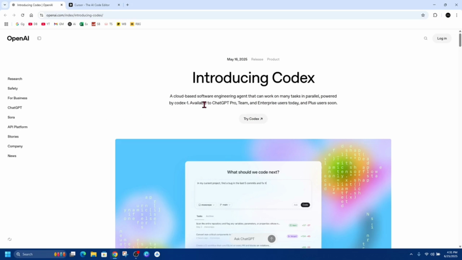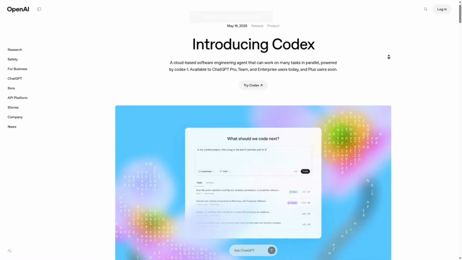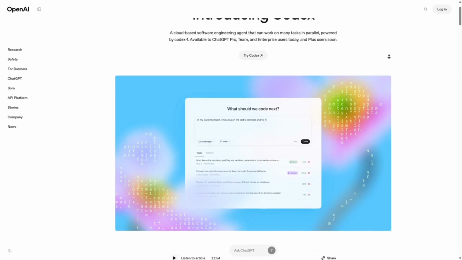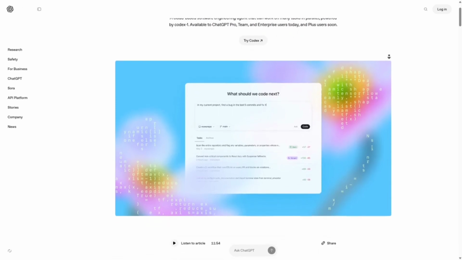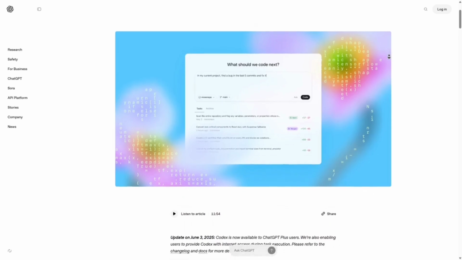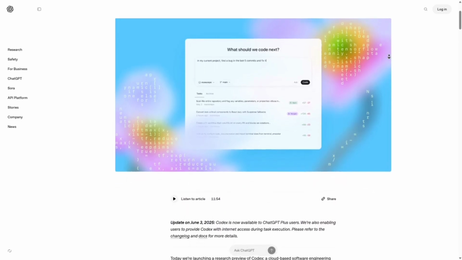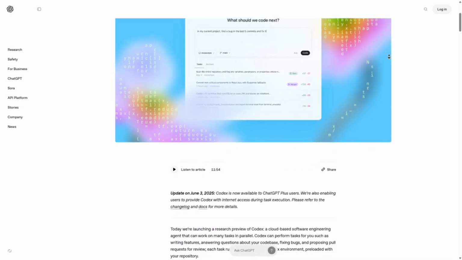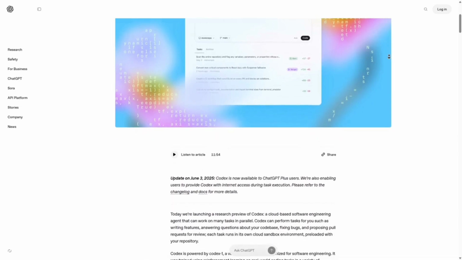Now, let's start off with Codex. So this is an open source command line tool developed by OpenAI. It brings the capabilities of advanced AI models directly to your terminal, assisting with tasks like writing features, fixing bugs, and understanding code. Pros: terminal integration seamlessly integrates with your command line workflow, allowing for natural language interactions to generate